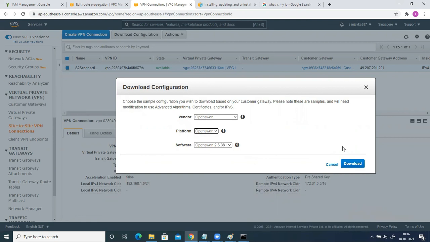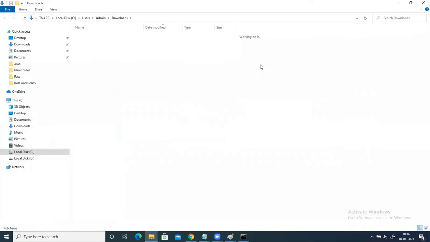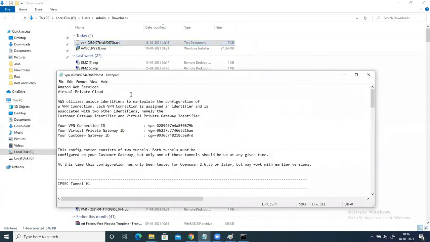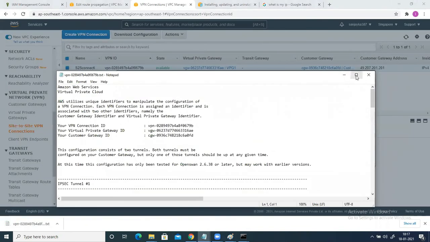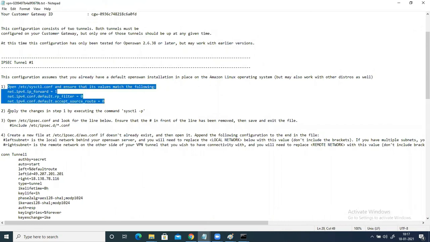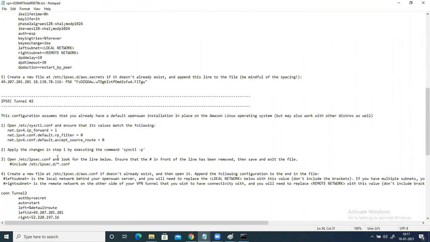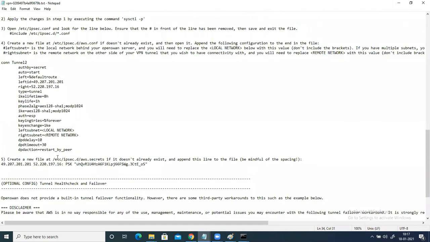So once it is done, just click on download file here, and in this download file, basically you have the configuration, and this file you are supposed to give to the network engineer. Now what this network engineer is going to do, in this configuration file everything is pre-configured. You can see steps are given. It says if you want to set up tunnel 1, go ahead and first execute this command. After that you execute this command, then you have to execute this command. So everything has been given in detail in this configuration file. So same file you have to give to the network engineer.